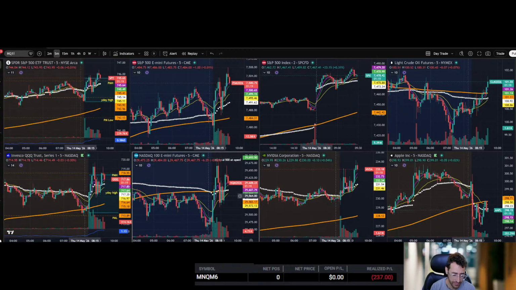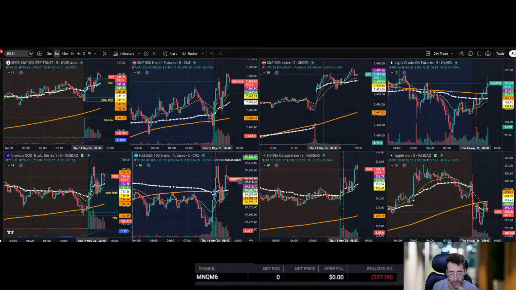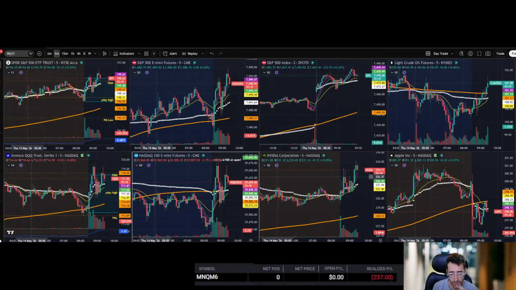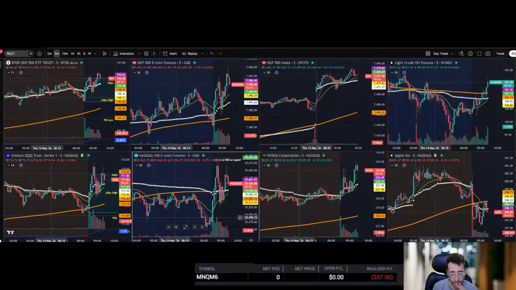If I'm green, I could be like, I don't see anything and I'm okay with it. But if I'm red, I'm almost looking for something super hard, and sometimes you see something that's not there. So you got to be careful about that. You also got to be careful of the amount of time you spend on the charts. Longer is not better. At a certain point, you're just going to start looking for trades to take because you've been sitting for so long. So you want to be mindful of that.